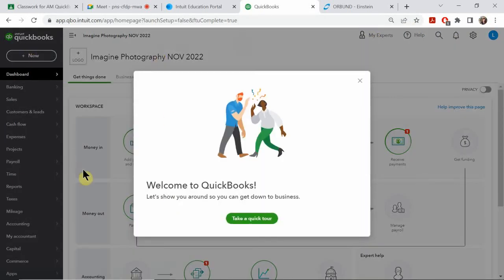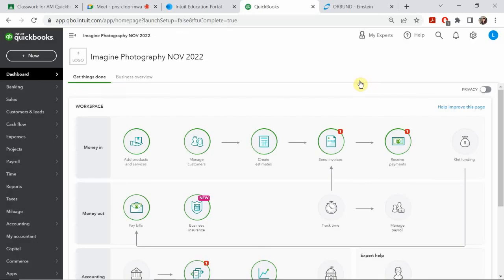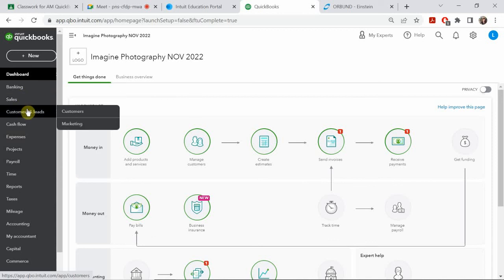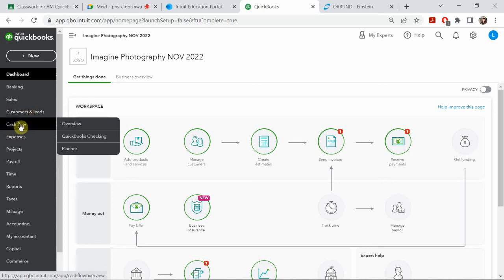There is everything here. Now, it says right here, you want to take a tour for this, and I'm going to say no. I'm going to go ahead and close this because I'm going to give you the tour, right? So this is what we learned yesterday. We learned how to navigate QuickBooks Online starting with our left navigation bar. So once again, if I drag my mouse and I put my mouse on one of these tabs, what it's going to do is it's ultimately going to give me